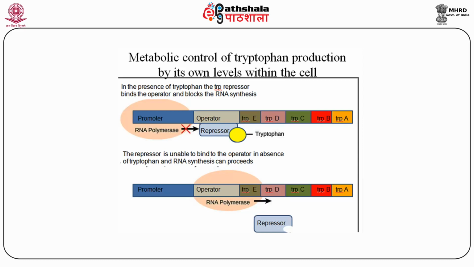A single promoter ensures that the whole cluster of functionally related genes is well coordinated with a single on-off switch. Thus, the bacterial cell is fully capable of making the amino acid tryptophan on its own, even if the culture medium